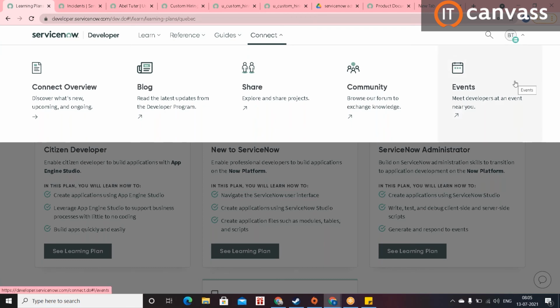So I would recommend registering through the ServiceNow events portal so that you'll be able to connect with other developers. This happens quarterly, once in each region, so it happens region-wise. If it is happening in one of your regions, you can walk in by registering. But since it's been a very long time, due to the pandemic, it's all online. So you can attend anything online. They usually share it as a Zoom meeting where people join as a community,